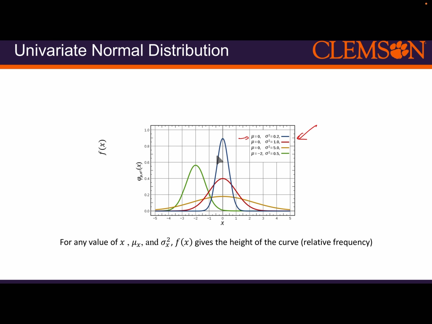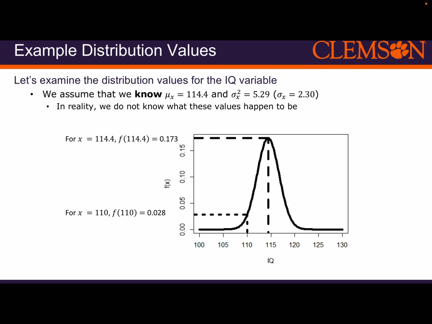It's relatively more frequent than other values. So here we are, putting it into place. Let's imagine we examine the distribution of IQ values for an IQ variable. Let's assume that we know mu is 114.4, sigma squared is 5.29, and the standard deviation is the square root of it, or 2.3. Now, in reality, we don't know that, but I'm just showing you how we typically think